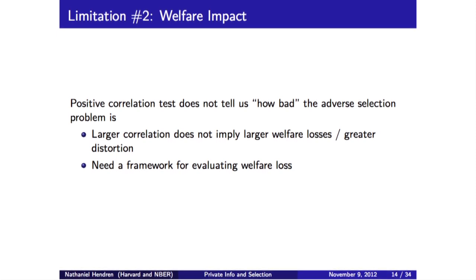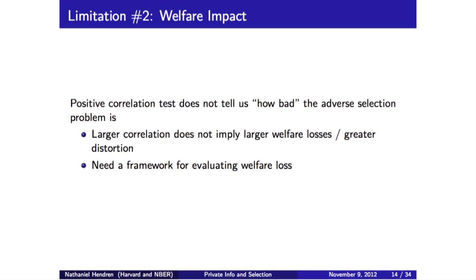So you try to reject the null of 0. Yeah, that's exactly the problem, right? What you really want to know is maybe what's the value, what would be the increased welfare if you remove the informational asymmetries, or what's the marginal welfare loss from the distortion in pricing, these types of things. And the correlation test doesn't tell you that.